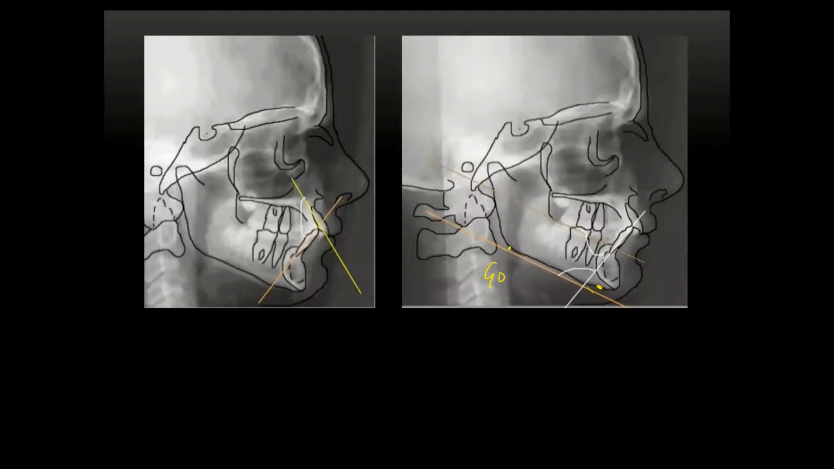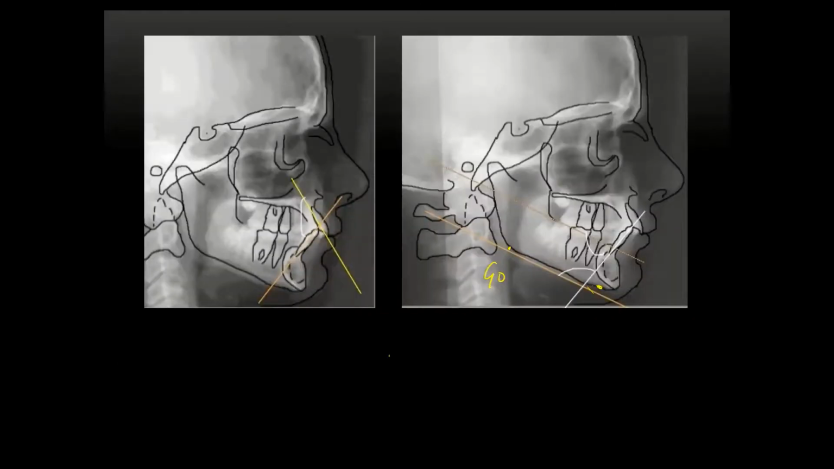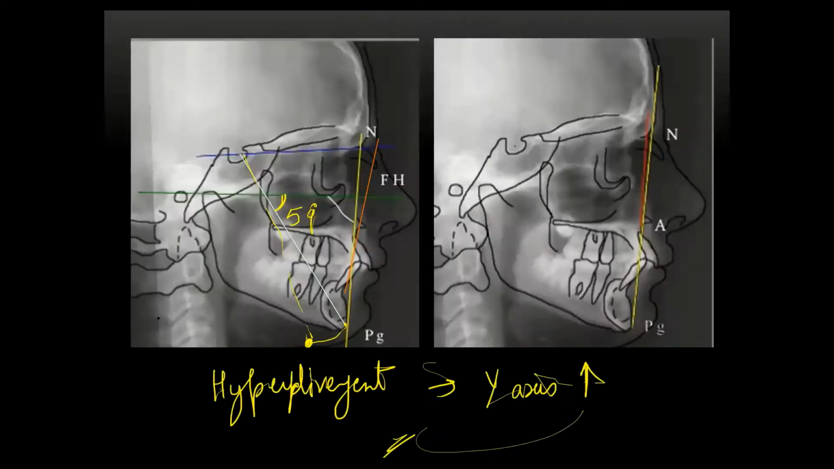Down's analysis also had some dental points. Now this was the skeletal points, and dental points were also there. So what are the dental points? Yes, the dental points. First is